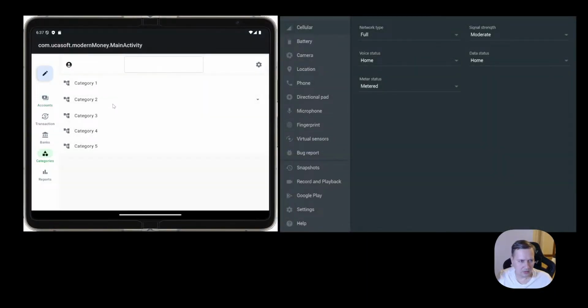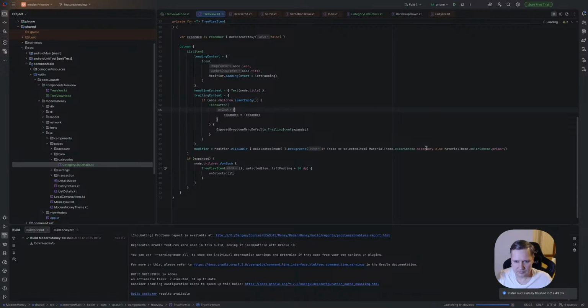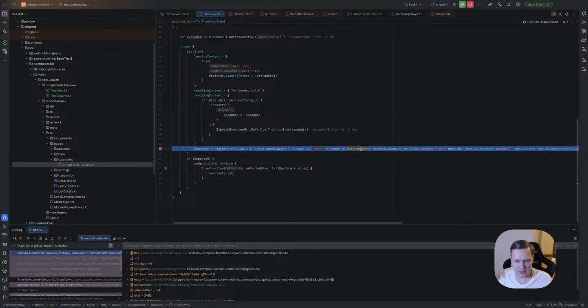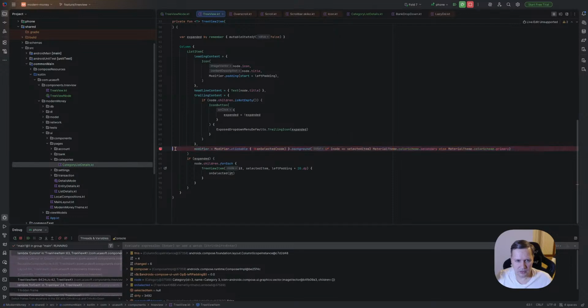So let's go to category and click, and nothing happened. Interesting, why? Let's try to debug it. So you will not see Android emulator, only what I'm debugging. So we go inside it, selected item should be null right now.